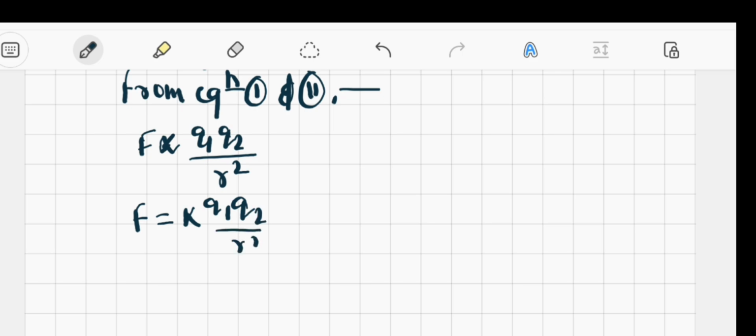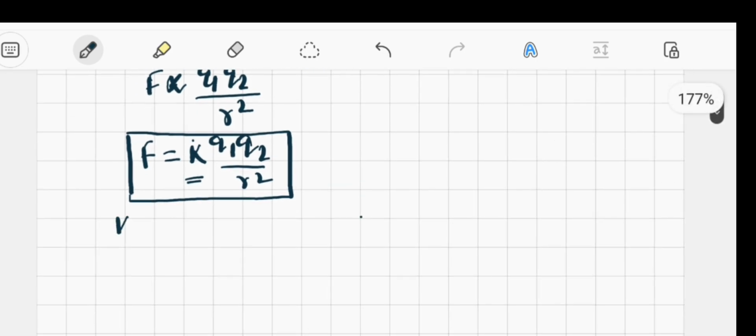upon r square. In gravitational force, we used to take G, and that is m1 m2 upon r square. Otherwise, the whole statement is similar to that of the gravitational force given by Newton. So this is Coulomb's law. Now here we have different terms: q1 and q2 are the charges, r is the distance between both the charges. Here k is nothing other than the proportionality constant,